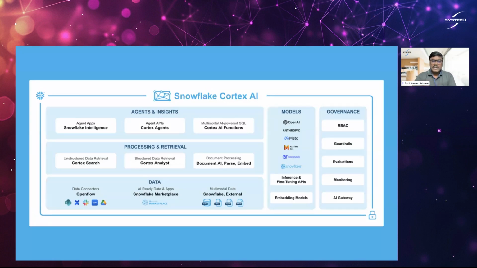So the first one is Cortex Search, wherein you can process unstructured data and retrieve the data. In Cortex Search, there are embeddings. It will create numbers against your raw text, efficiently search that information, and bring back results when you ask questions in natural language. And Cortex Analyst is